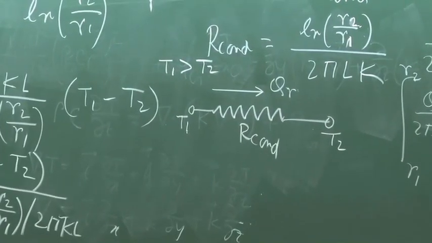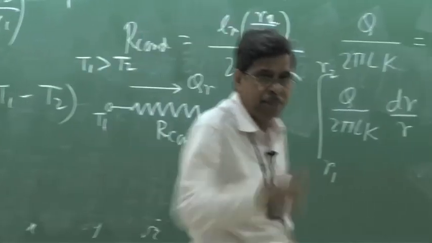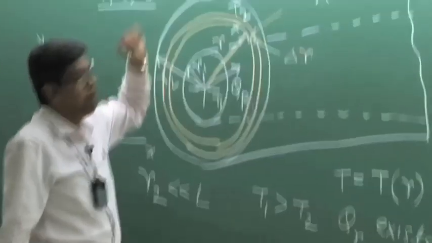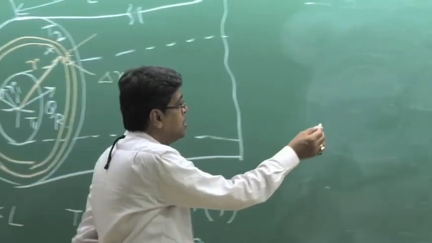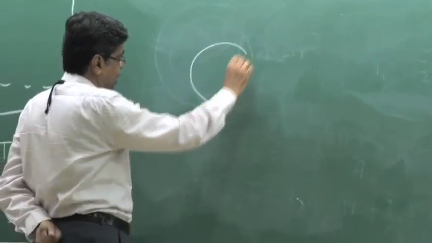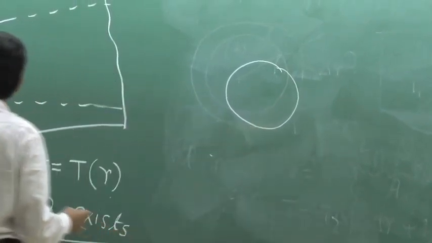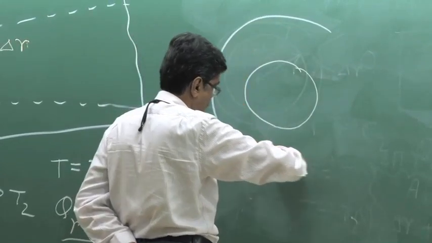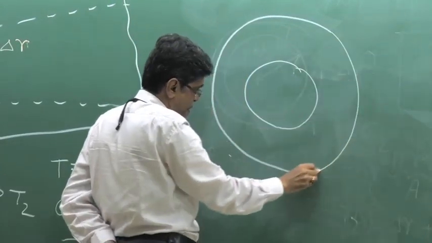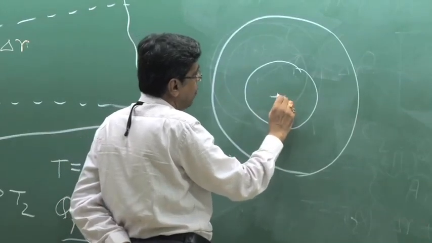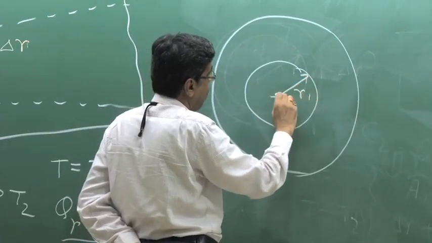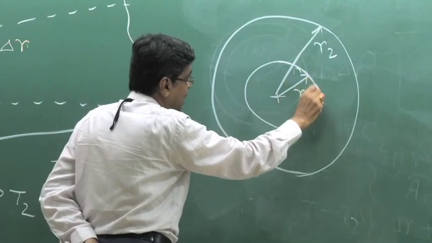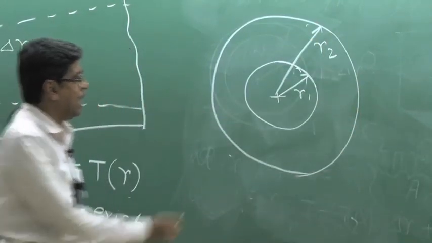Next, similar to the plane wall, we can have a convective boundary condition. That means, if I draw this front view in the r-theta plane, instead of prescribing the inner surface and outer surface temperature, we prescribe the